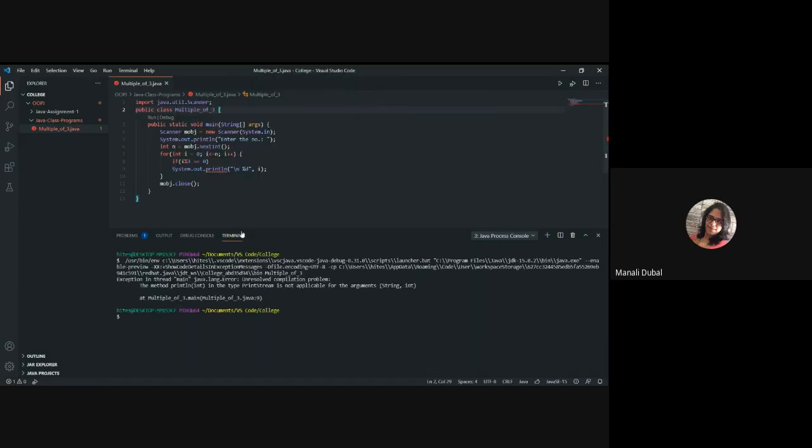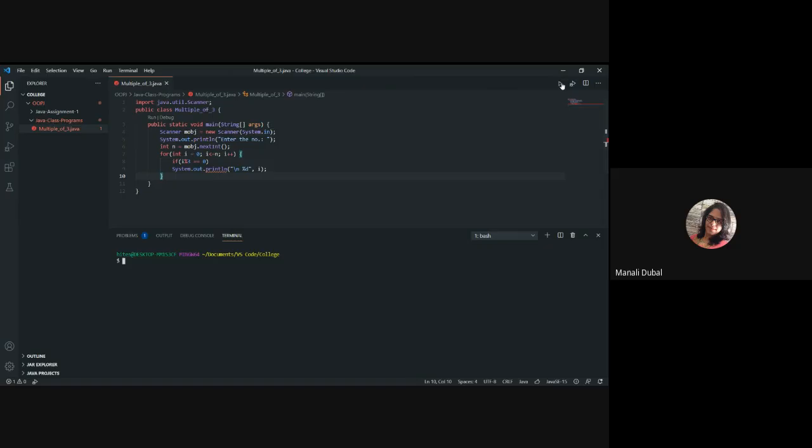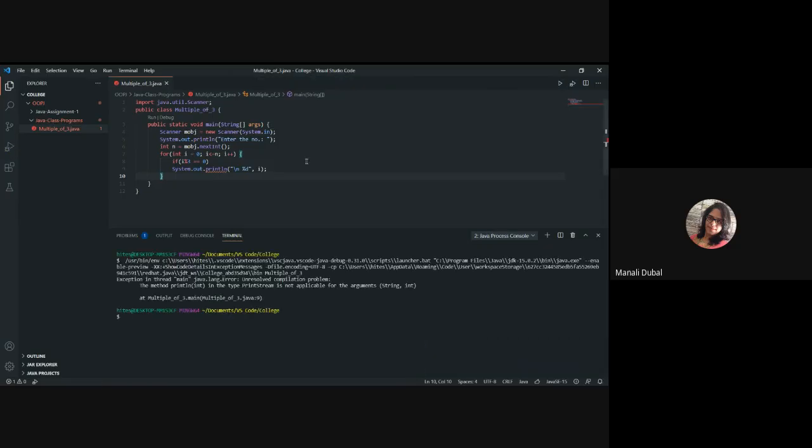No need to close the object of scanner. Why are you closing it? No need to close. You can remove that. Okay. What is it telling? Oh, you have used println. No, that must be printf. If it is println, you don't need %d and all. Yes, for printf you will need that. Okay, good.